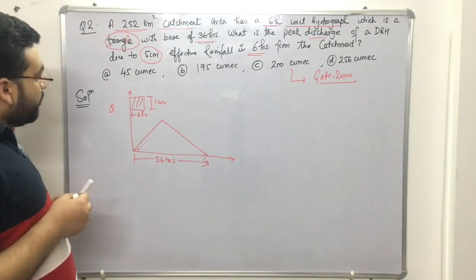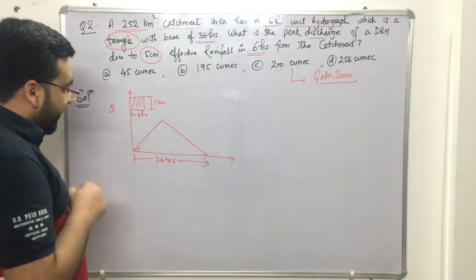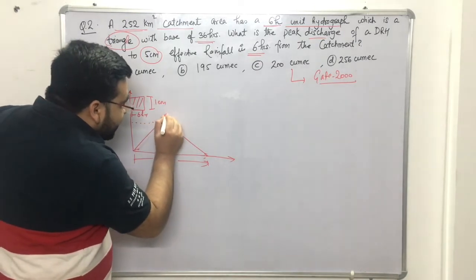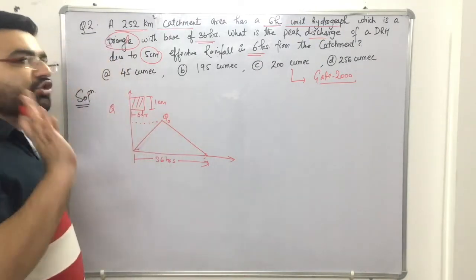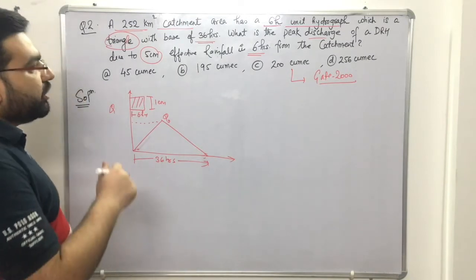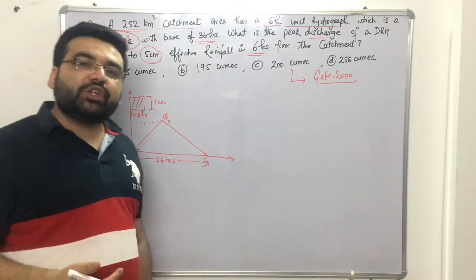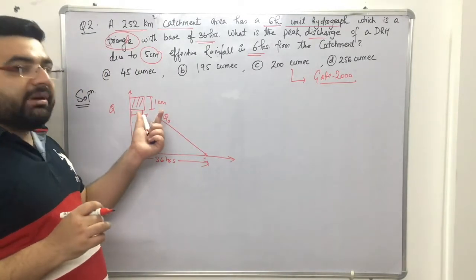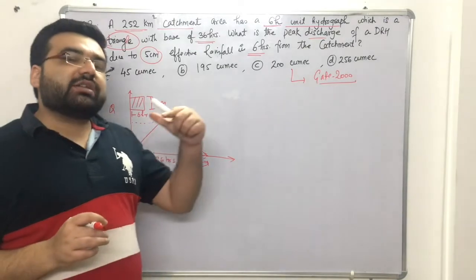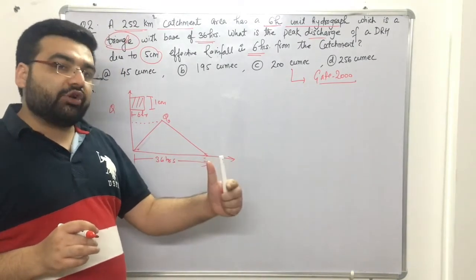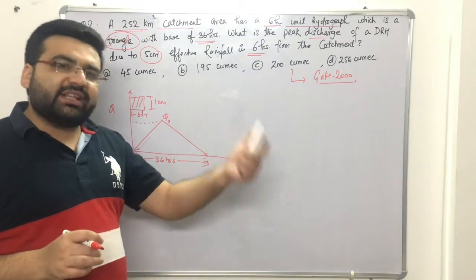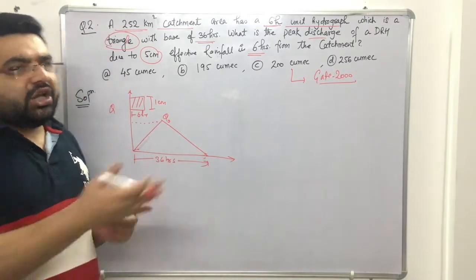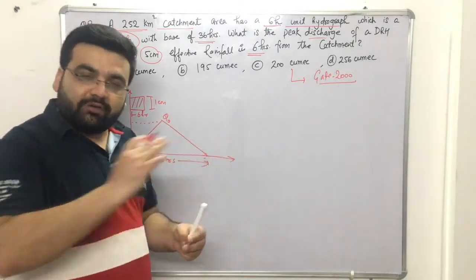Now students, this is the question given, but in this question it is not given how much the maximum discharge Q naught is. So Q naught is not given to us, right? And you know that from the fourth assumption of unit hydrograph, if a 1 centimeter unit hydrograph is given to you for 1 centimeter effective rainfall, and you want to determine a direct runoff hydrograph for 2 centimeter, 3 centimeter, whatever centimeter, then just multiply the ordinates with that factor, you will get the answer.